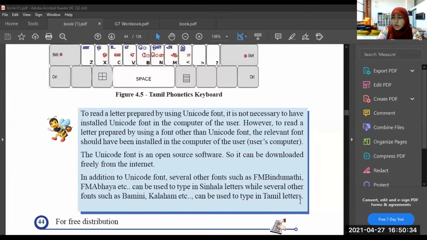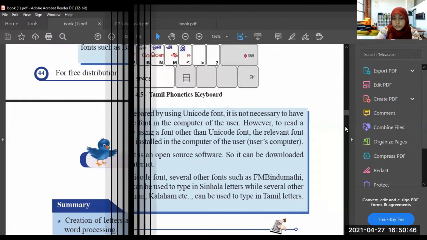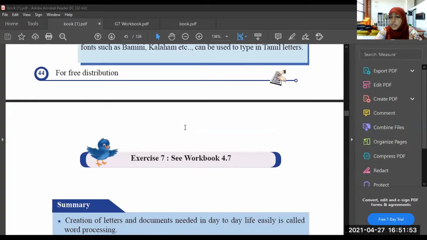And there are many more other fonts also to write in Tamil and Sinhala, like Lata, Iskole Potha, like that there are many more fonts. How to write in Tamil using the keyboard, right? There are no such letters in the keyboard now. The typical keyboard, when you are using your computer's keyboard, is only in English letters.